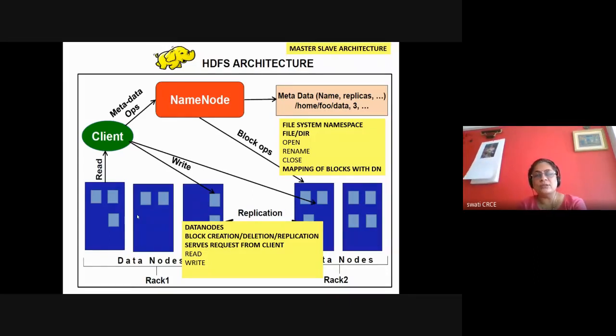Plus, it maps all the blocks with the data nodes, like which block is stored on which data node. And on the data node, the actual block is stored. So data node performs the operations of block creation, deletion, replication. It can handle the request from the client, and the request can be a read request or write request for a particular block. Okay. So this is just an introduction.